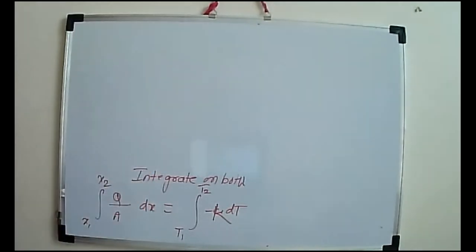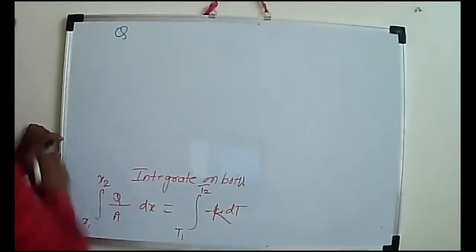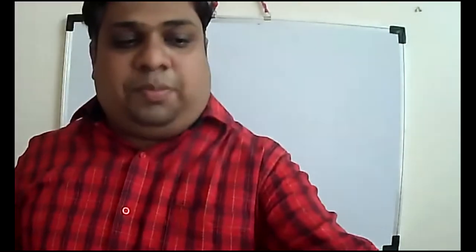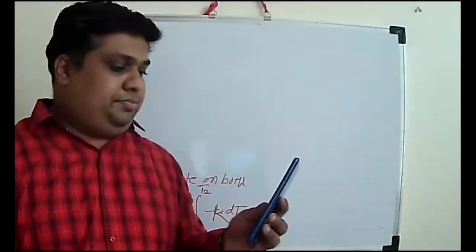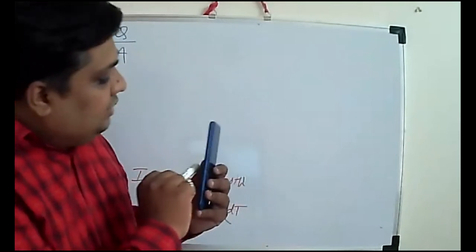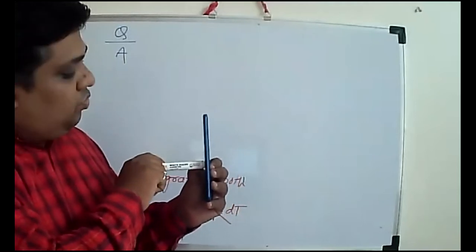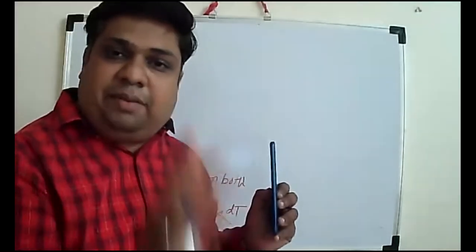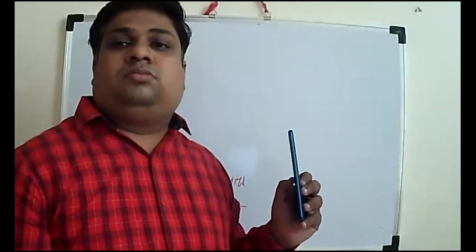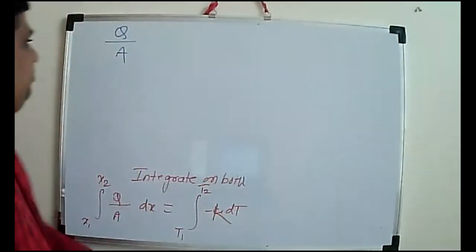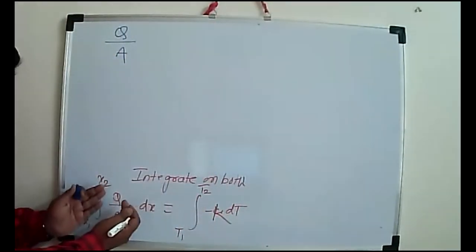But now what happened? This Q and A. This Q is a constant. A is also constant. सपोज ये मोबाइल से लेफ्ट साइड से राइट साइड में अगर हीट फ्लो होता है ऐसे नॉर्मल टू दी हीट फ्लो, तो इसका क्रॉस सेक्शन एरिया सेम रहेगा या चेंज होगा? सेम मींस एरिया इज अ कांस्टेंट टर्म, that's why I have taken constant outside the